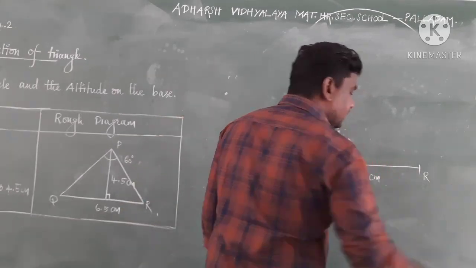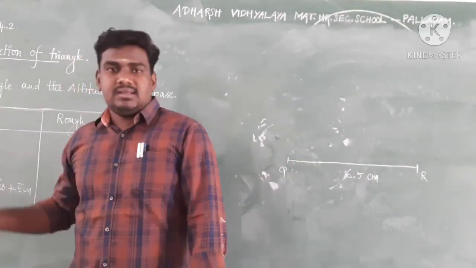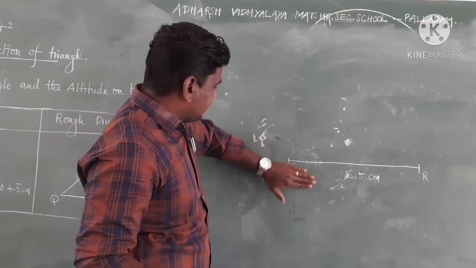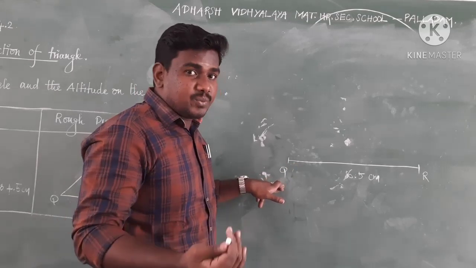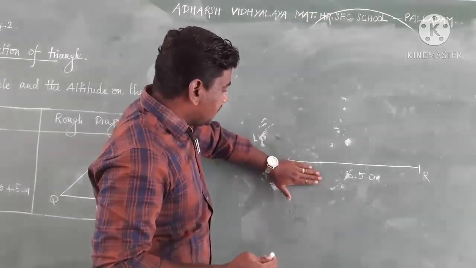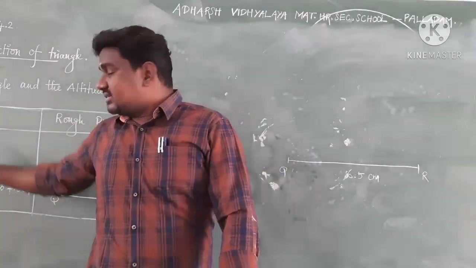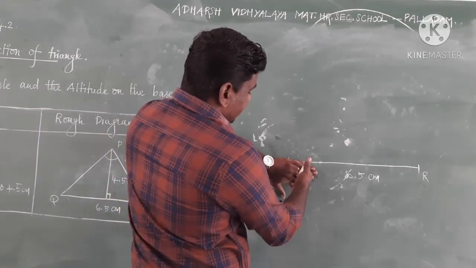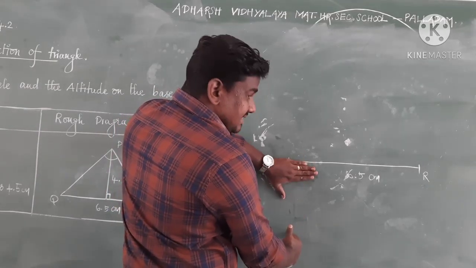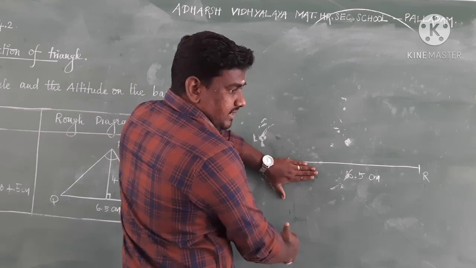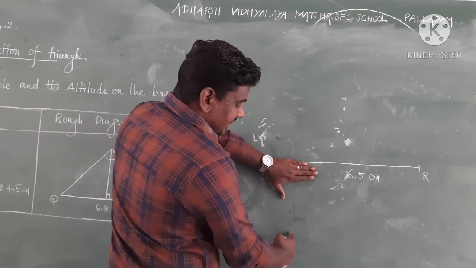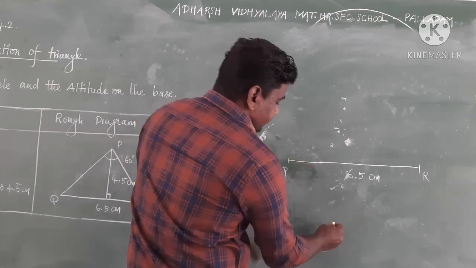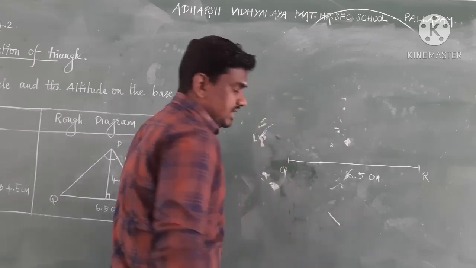QR and the vertical angle P, we could not measure directly. That's why I told you clearly, take the protractor at the point Q in inverse position. It means I told you to take it upside down, and measure an angle equal to 60 degree. So this is a protractor assumed as 90 degree. 60 degree is an acute angle, which means it is less than 90 degree. Less than 90 degree means 90, 80, 70, 60. So it is approximately 60 degree.